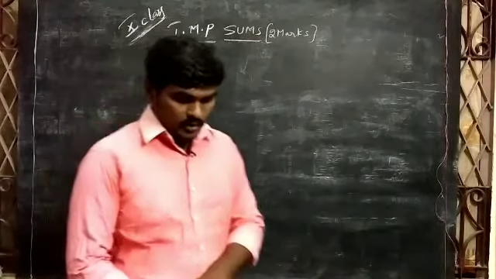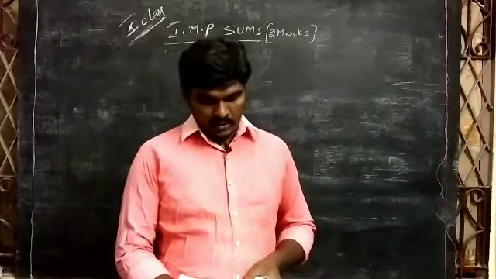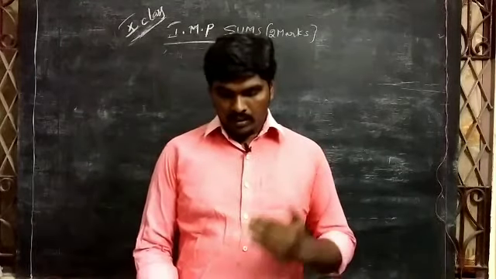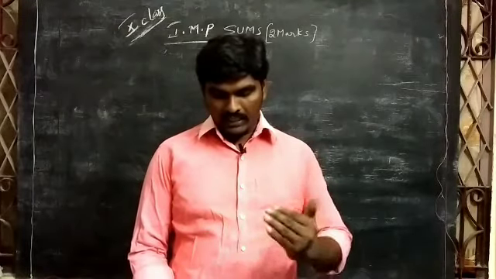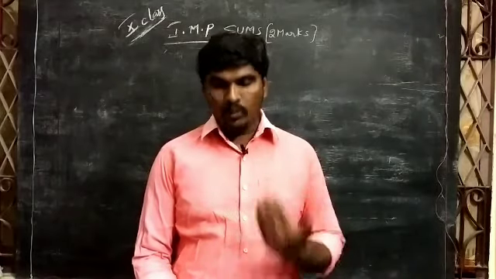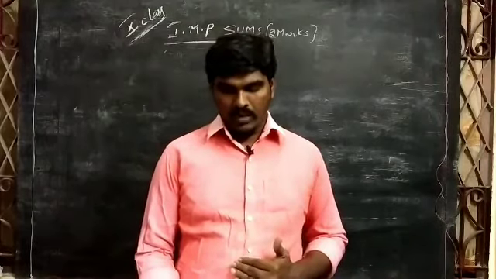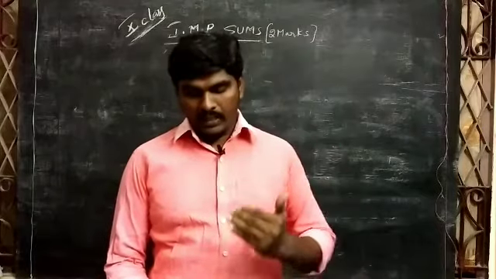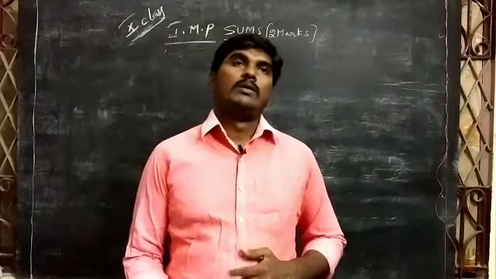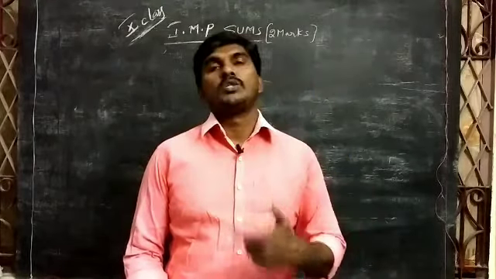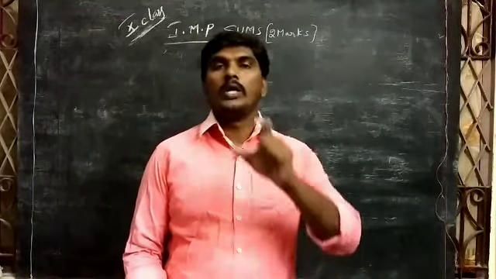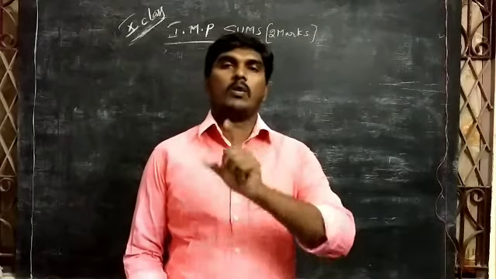So the question today is a short sum. The area of a rectangular plot is 528 meters square. The length of the plot is 1 more than twice its breadth. We need to find the length and breadth of the plot. The heading of the question says: represent the following situations in the form of quadratic equations. That means according to the situation we have to prepare the quadratic equation.